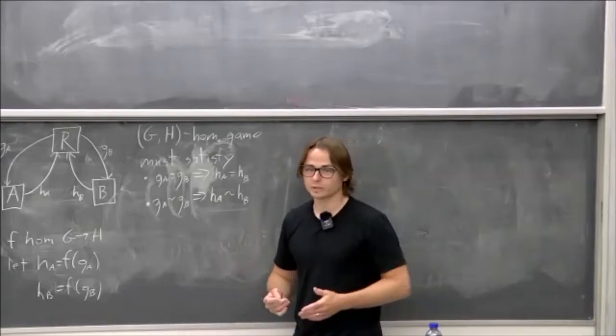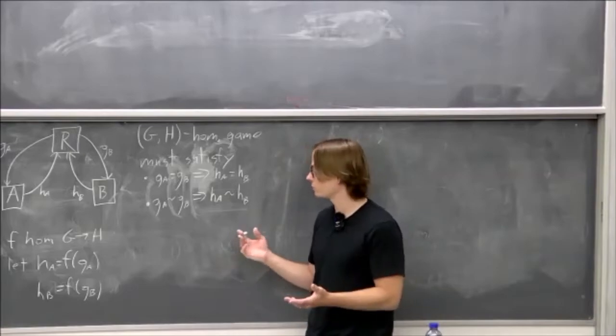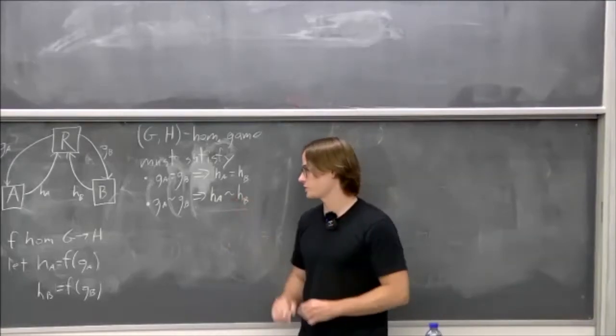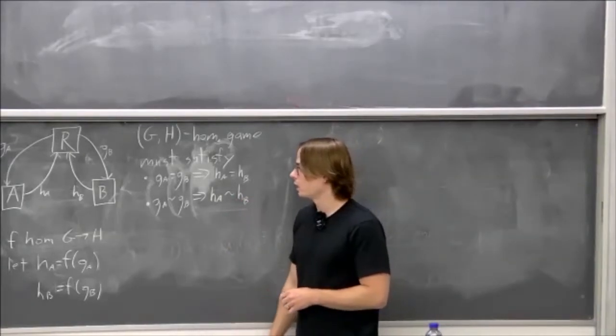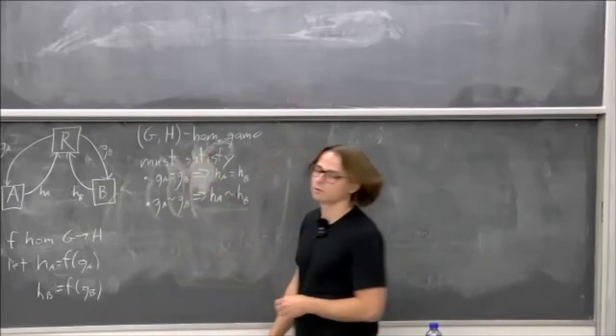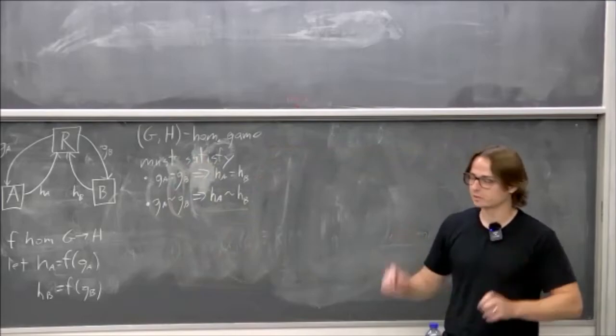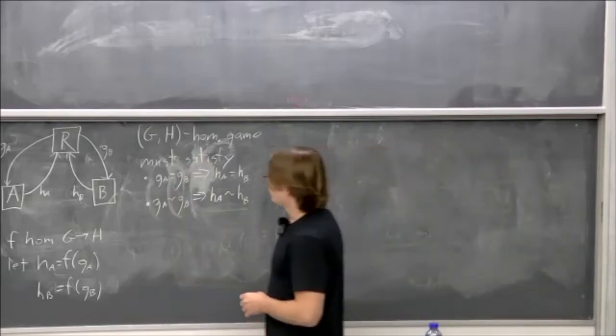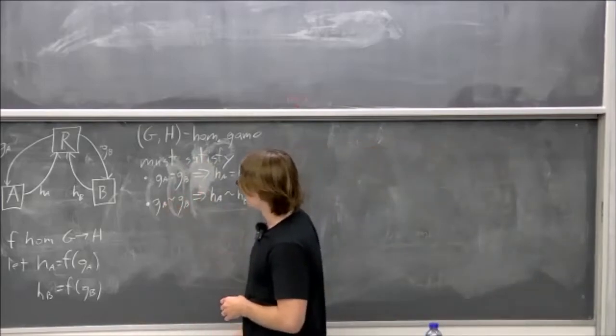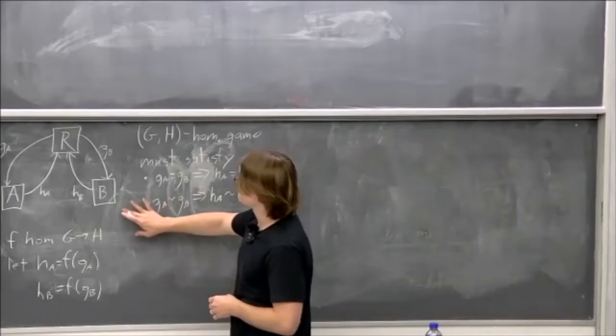So we can win the game perfectly with the classical strategy if and only if there actually is a homomorphism from G to H. Now I'm being a little hand wavy here because I haven't really rigorously defined what it means to have a classical strategy, and I don't really want to go into much detail about that, but in the simplest case, we can imagine that